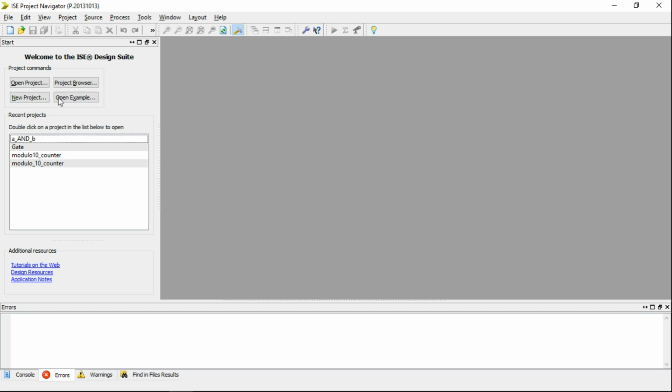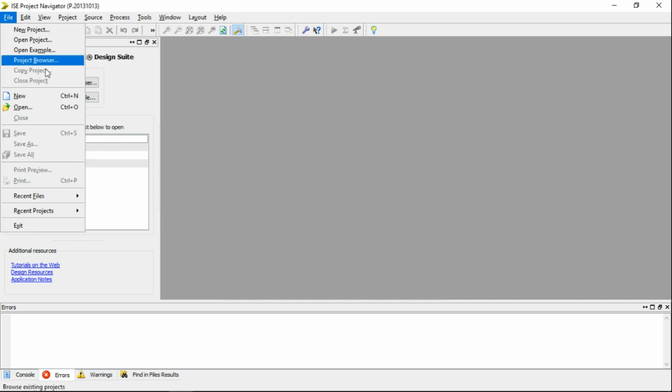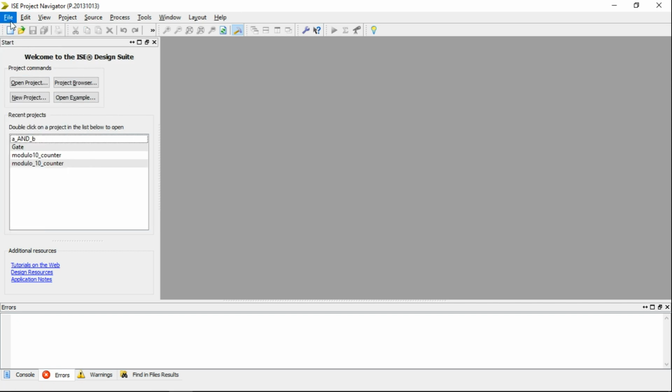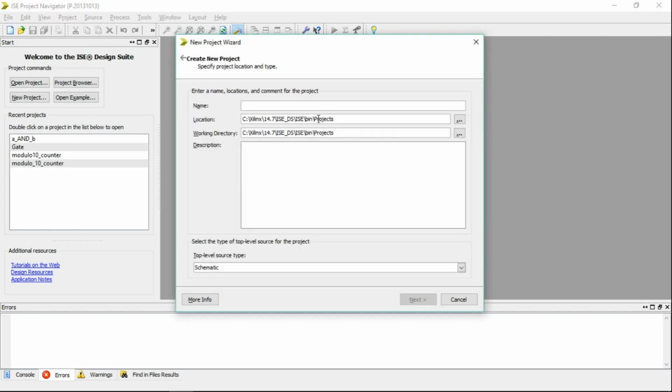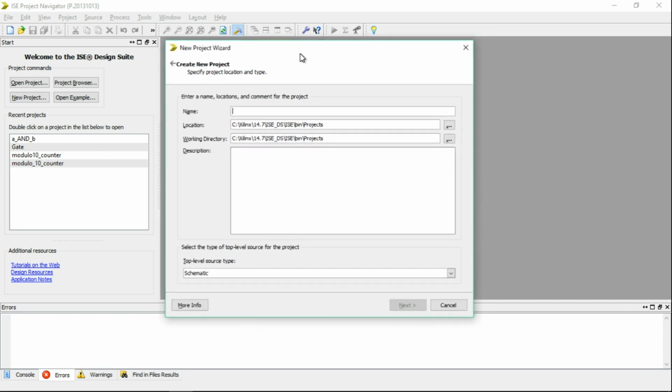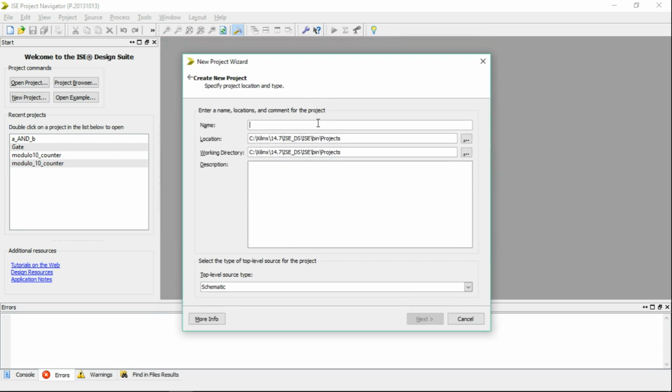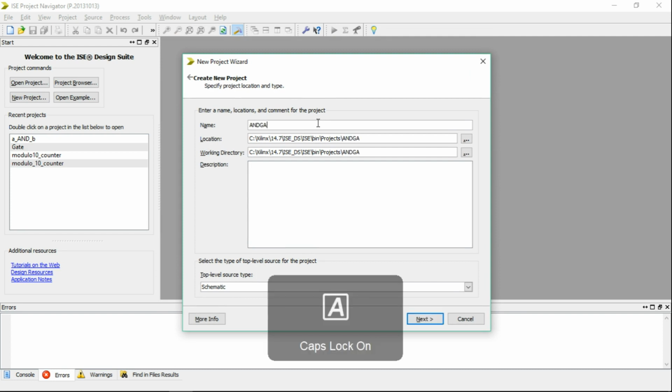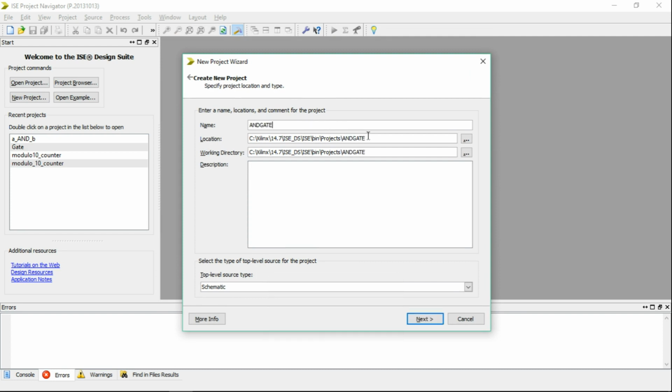The first thing you want to do is click New Project. You can either do it from here or you can go in File, New Project. Alright, so let's do that. Here is the window that comes up when you click New Project. You will have to enter the name of the project, so let's name it AND Gate. So this is the location that